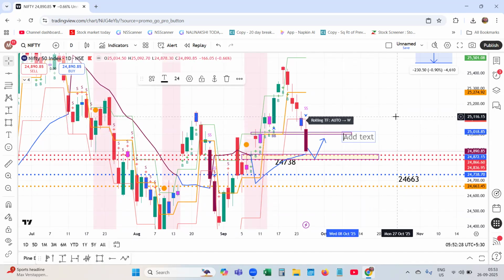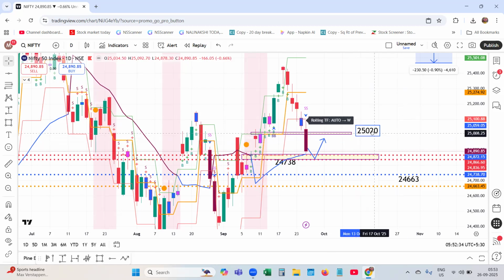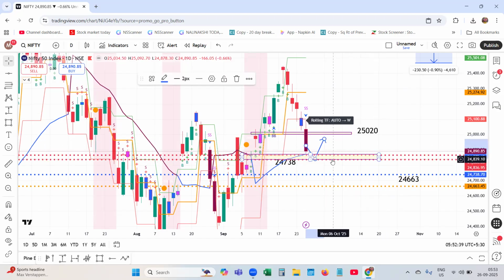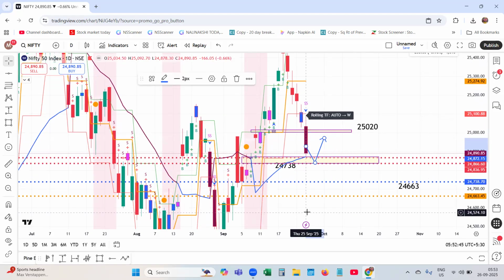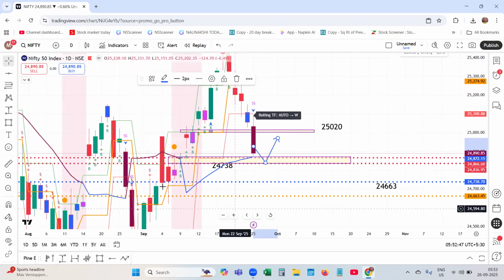So you can make a trading plan with the boundary for your trade between 24,839 to 25,020. Why these levels have been marked: only if it penetrates and closes below